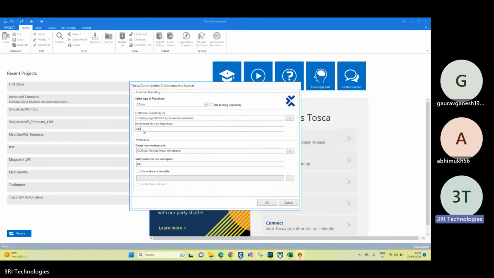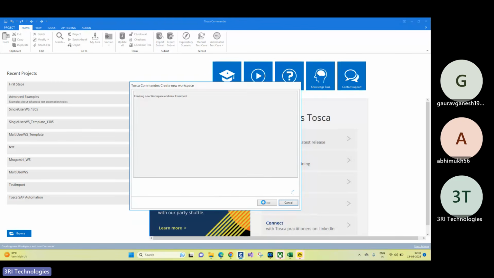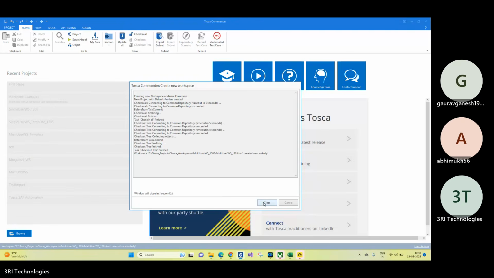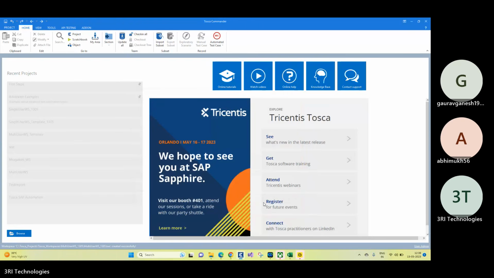Let me give some name: multi-user workspace 1305. Again, I'm not selecting this checkbox. Let's click on OK. So what do you think will happen?